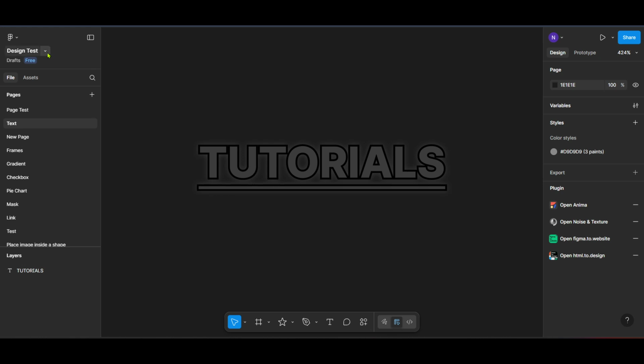Look for a small arrow down icon, which typically represents additional file options. Give this icon a click and a menu will appear. In this menu, you'll find the crucial option we're looking for, Duplicate. Click on Duplicate to create a copy of your current file or project, and there you have it, you've successfully